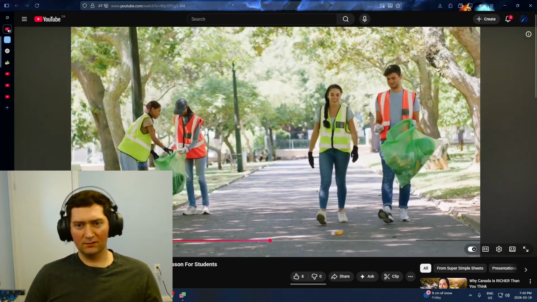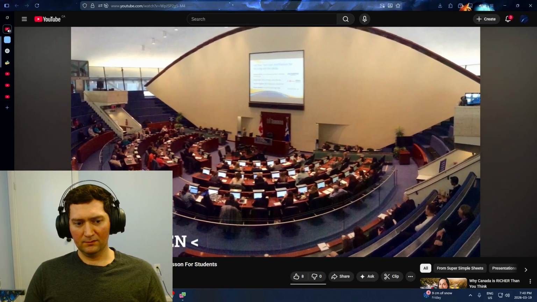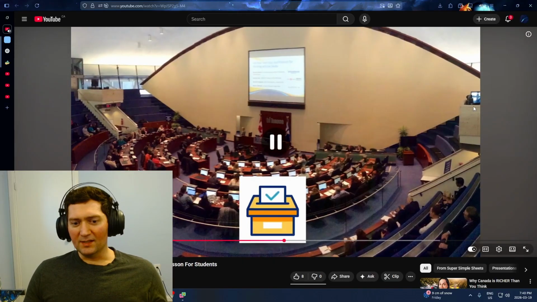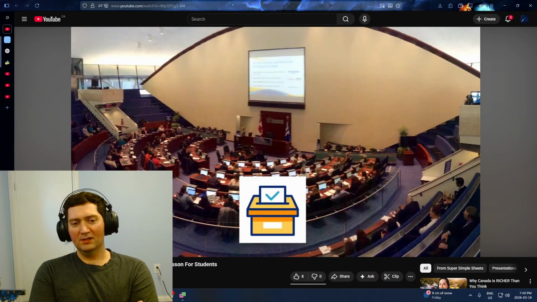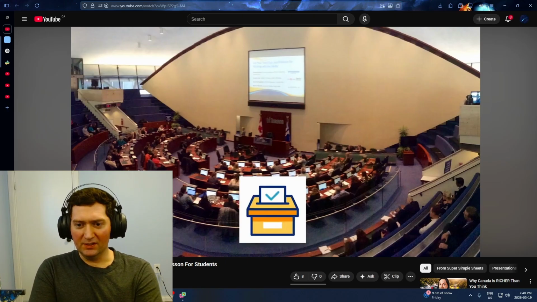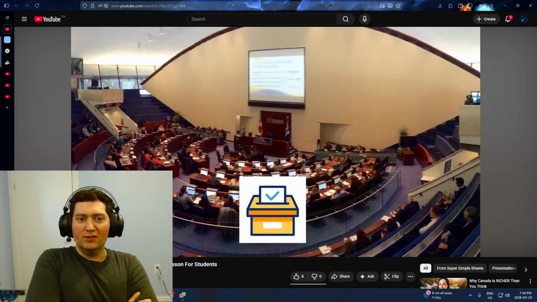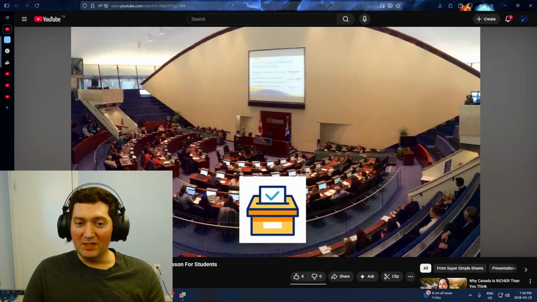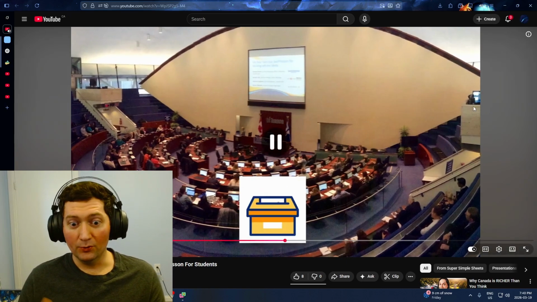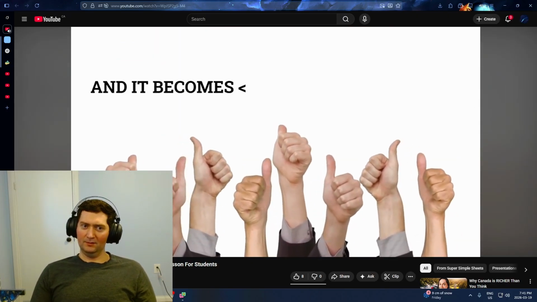Keeping public spaces clean. If a new bylaw is proposed, councilors discuss it in a meeting, listen to community concerns, and then vote. That's the problem right there: the community concerns. Nobody wants new construction for some reason. And so whenever you open it up and start listening to the community, that's when you have people come in and talk about how it's going to drive down house prices if you build new houses. So people tend to be against it, people that own a home. If the majority agrees, the bylaw is passed, and it becomes an official rule that people